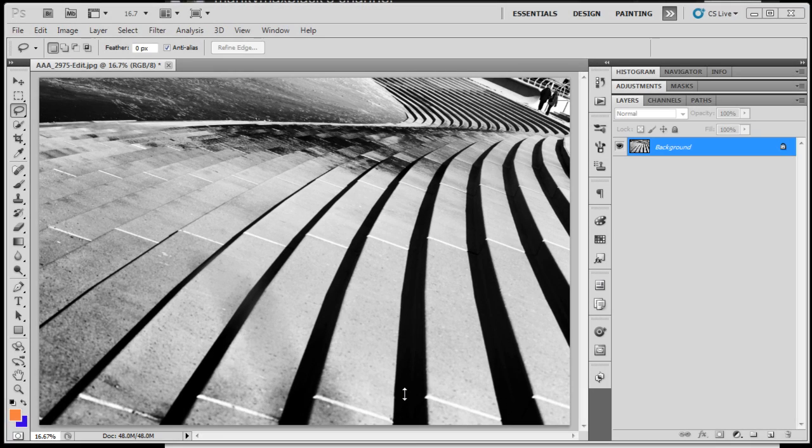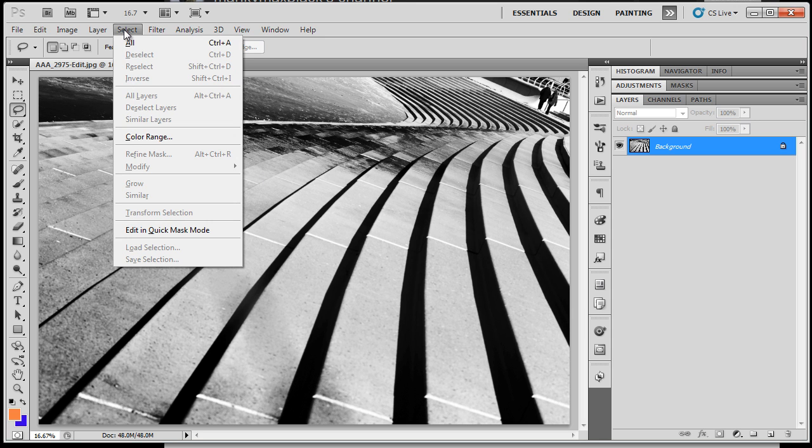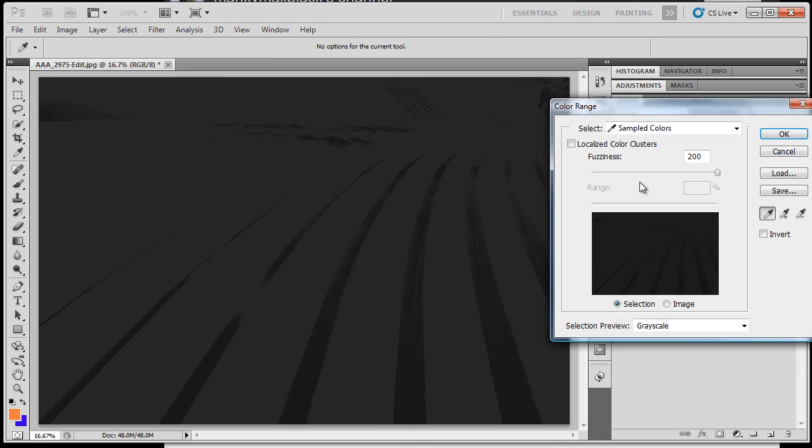Now, you're probably scratching your head after reading the introduction title to this one, but we're going to use the Color Range tool for black and white selections. You can see this lovely picture of Blackpool Promenade here, the new seawall with a bit of figures in there to add some scale to the whole thing, taken by yours truly. I can't even say it. Yours truly. So we're going to call up the Color Range toolbox again, which is going to be floating above